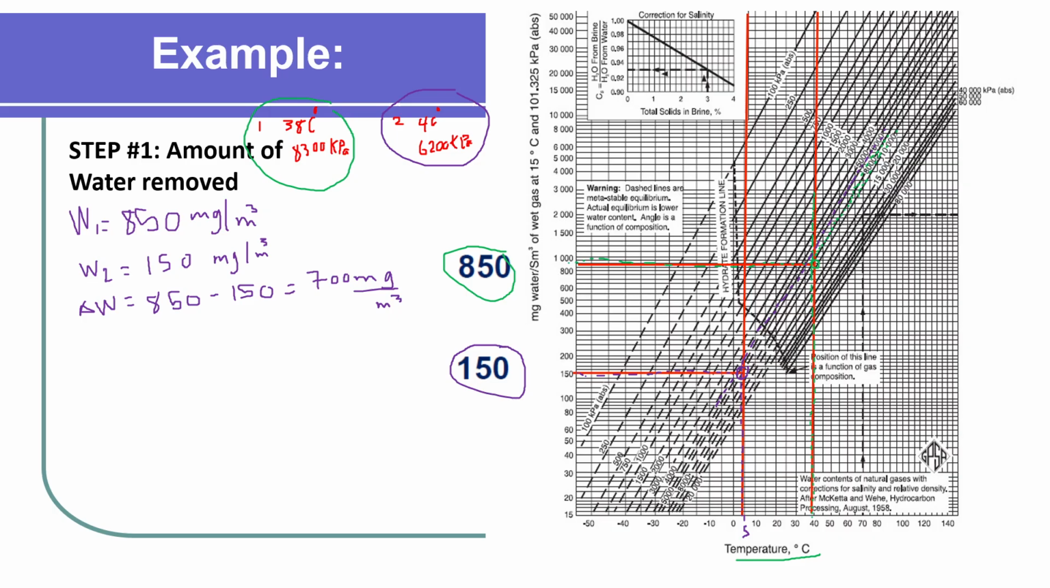So now I can calculate how much water we have to remove, or how much water we removed from the gas stream once it goes from the offshore plant to the onshore plant. So how much water did I remove? The total amount of water removed will be equal to 700